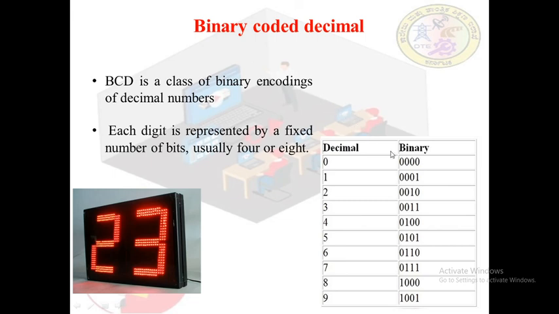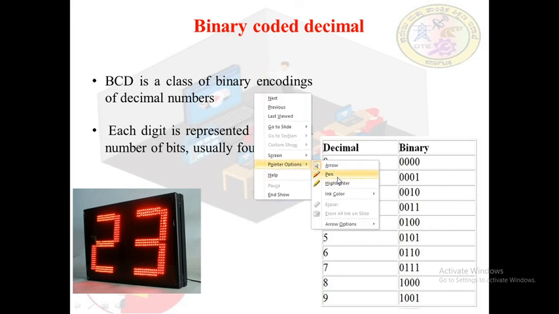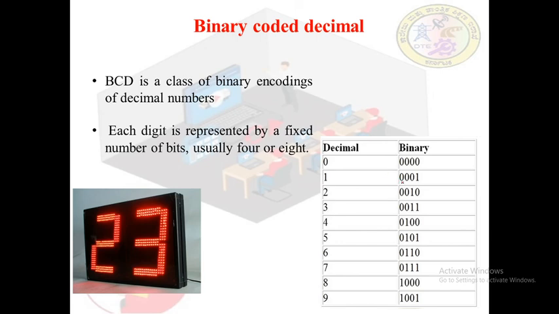The chart given here shows the binary form of each decimal number. Whenever we want to code a decimal number to its binary form, its equivalent is directly written in place of the decimal digit. Suppose let us say a number 25 is there. How to convert it into its equivalent binary form we have seen already.